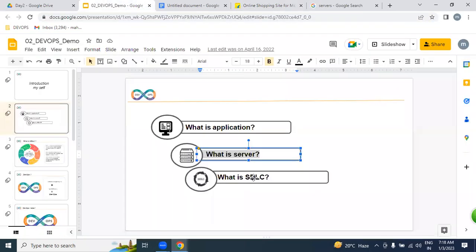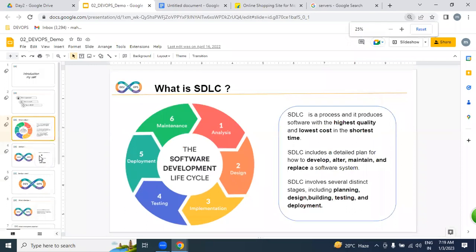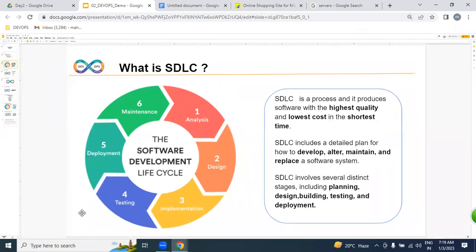But the third question is, what is SDLC? SDLC is nothing but Software Development Lifecycle. In SDLC, we have several stages like analysis, design, implementation, testing, deploy, and maintenance.